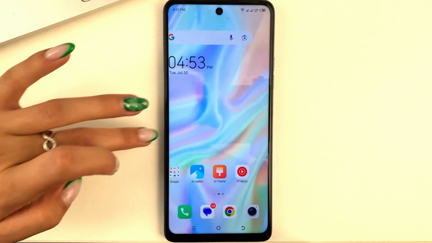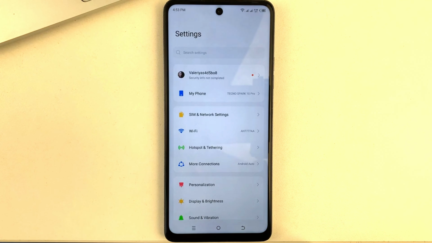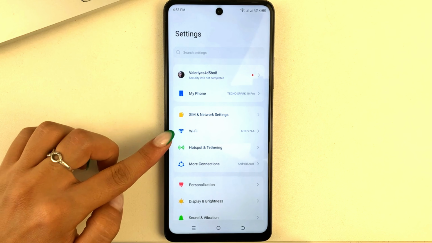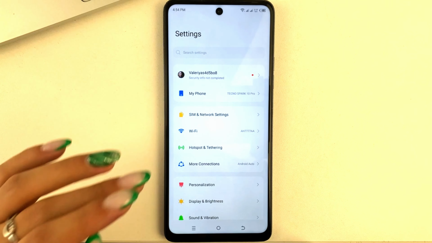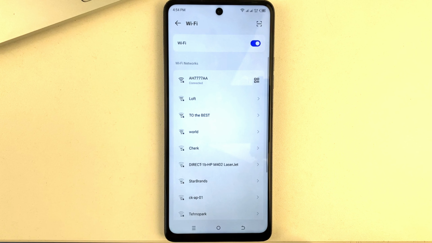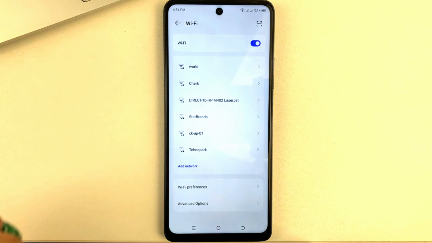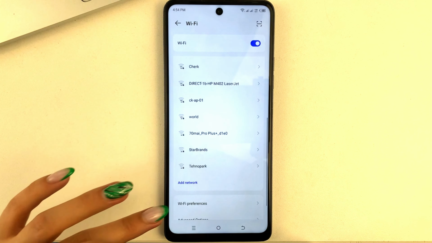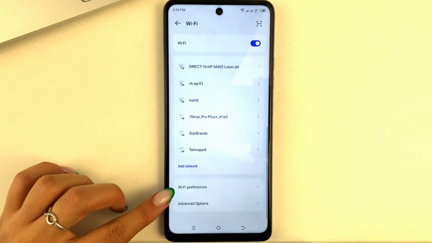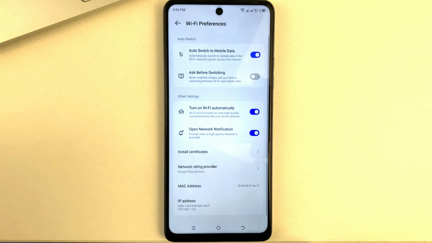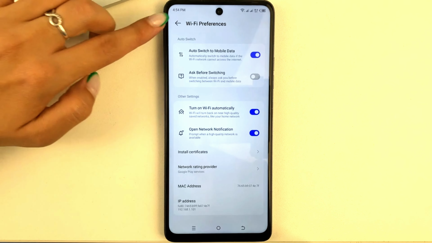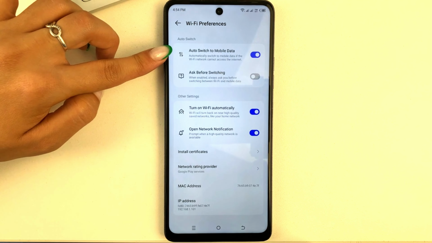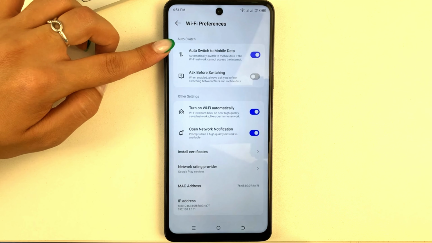So friends, for this, you will need to open settings on your Android. Then go to Wi-Fi or connectivity, depending on who has what settings on their phone. Next, folks, the first thing you can do is to scroll down to the bottom and then select Wi-Fi. And then you'll need to find, friends, the option that's responsible for auto-connecting or auto-switching to mobile data.